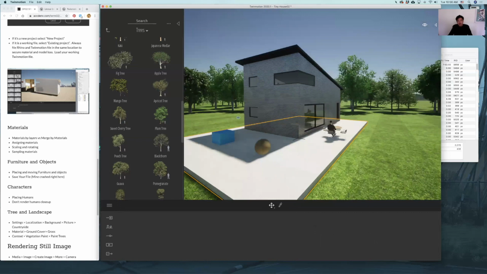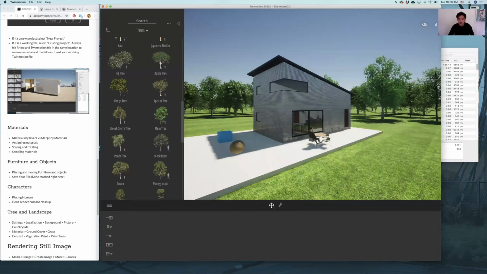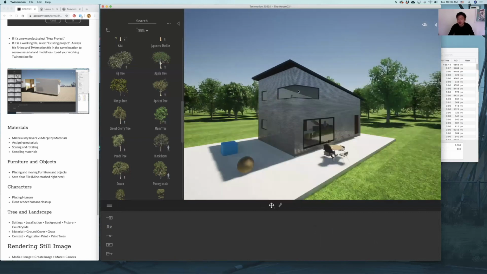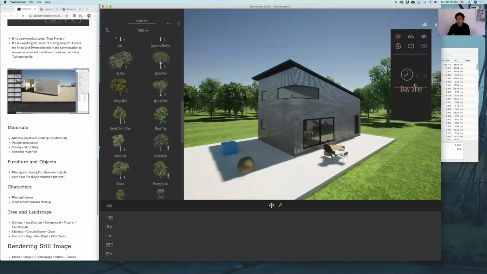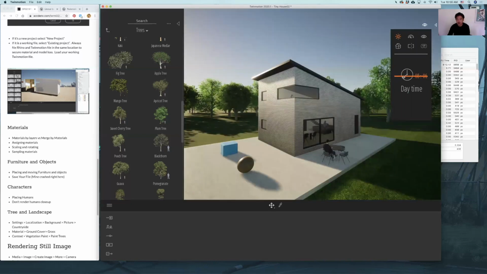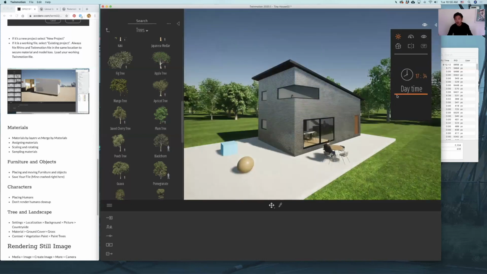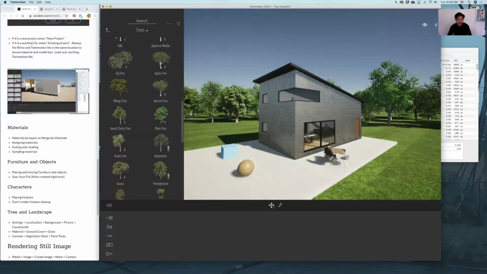So now we are going to render. To change the direction of the sun or the time of the day, you can click on this eye mark, and then daytime you can change. This is a nice afternoon western light, and this is nice morning light. So I like this light. Okay, so now